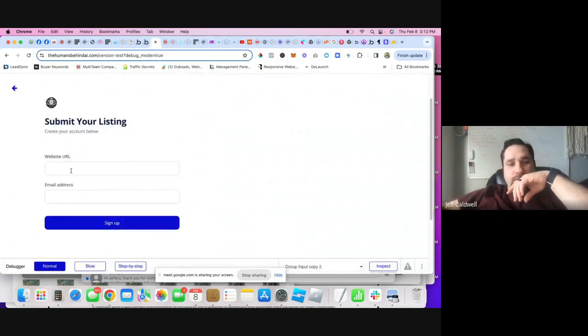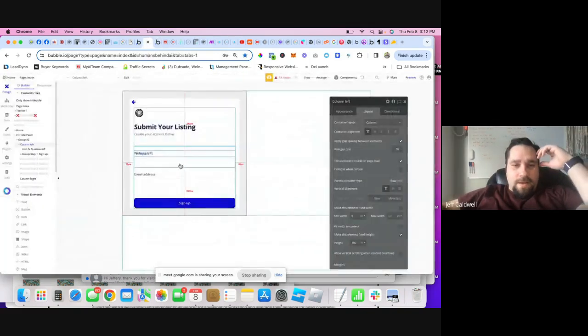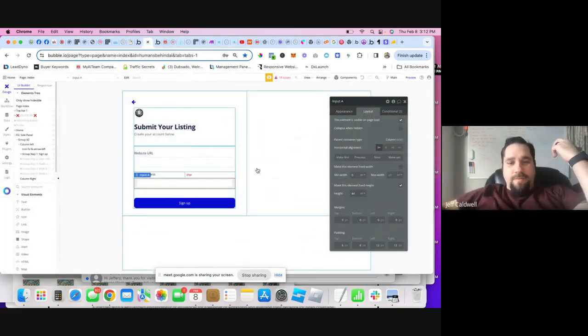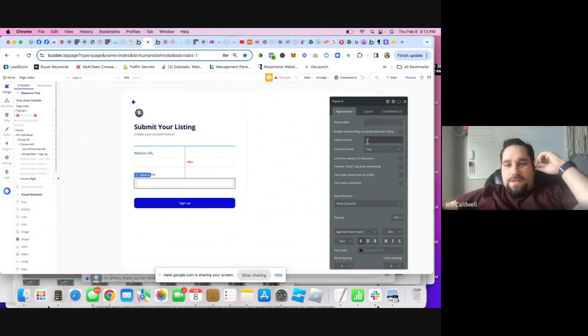That's what I'm going to do. So if you're logged in already, well, it shouldn't have your email address here, right? So it essentially, well, I guess